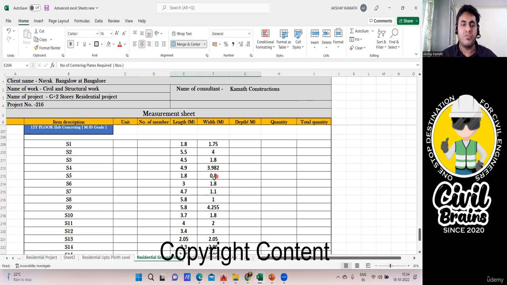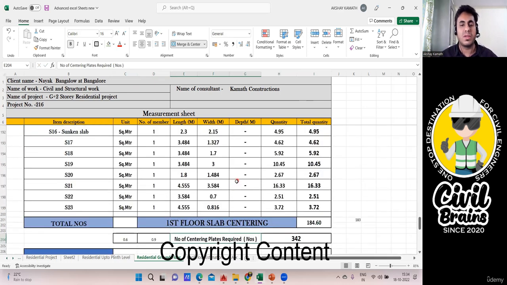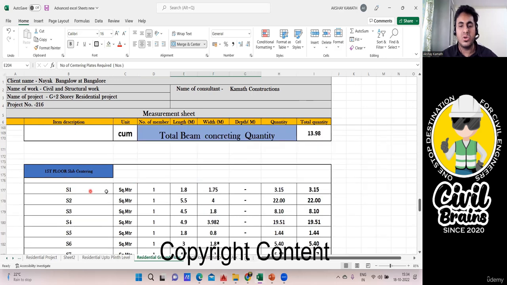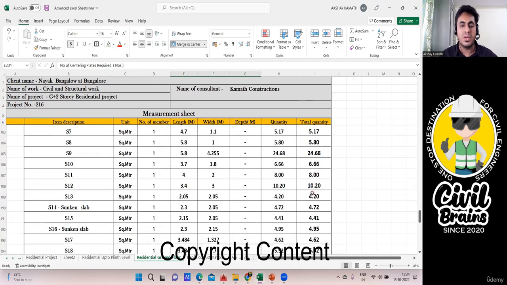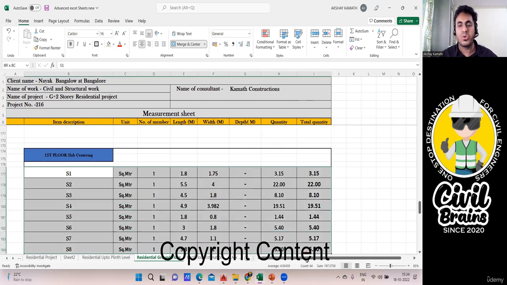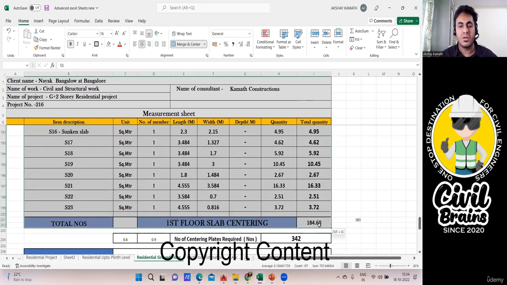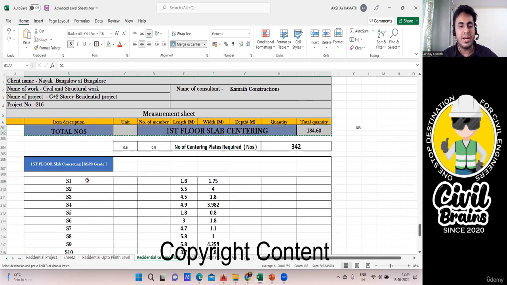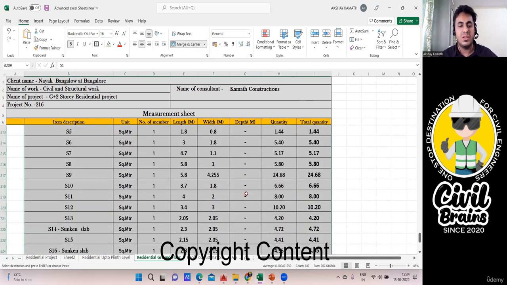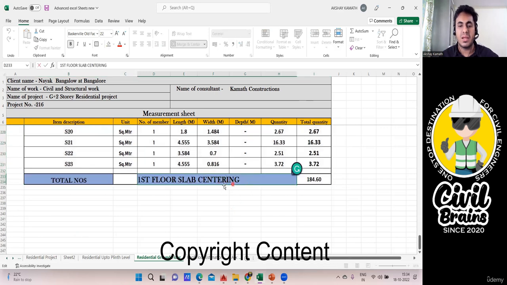So again, we'll do the slab concreting also. It's pretty simple. For slab concreting, what do you require? Same thing. Whatever you have done here, you copy everything. I'll copy from here once again. Same thing you have to copy, there are no changes in that. Copy and paste it here. So make this as first floor slab concrete